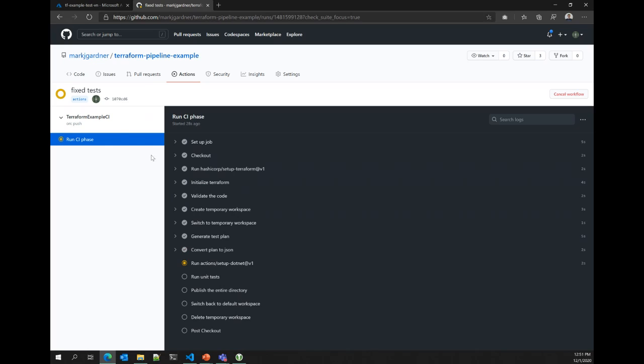And then we'll see it go through and run all these other things. The thing that I want to show you is that once it completes the CI phase and we have our versioned and immutable artifact, it should start doing deployments into our two environments. That should just take a few seconds more, so we're going to wait for that. In the meantime, I'll look over here and see if we have any questions. It does not look like we do at the moment. So we will just wait patiently for our workflow to run through.